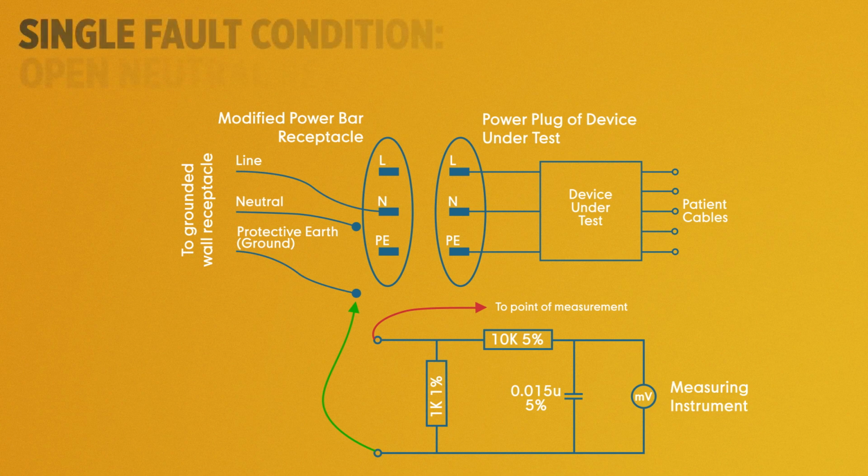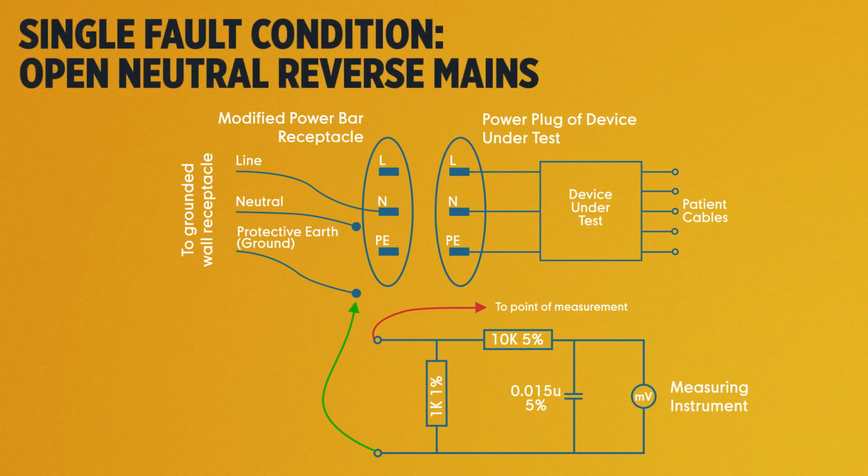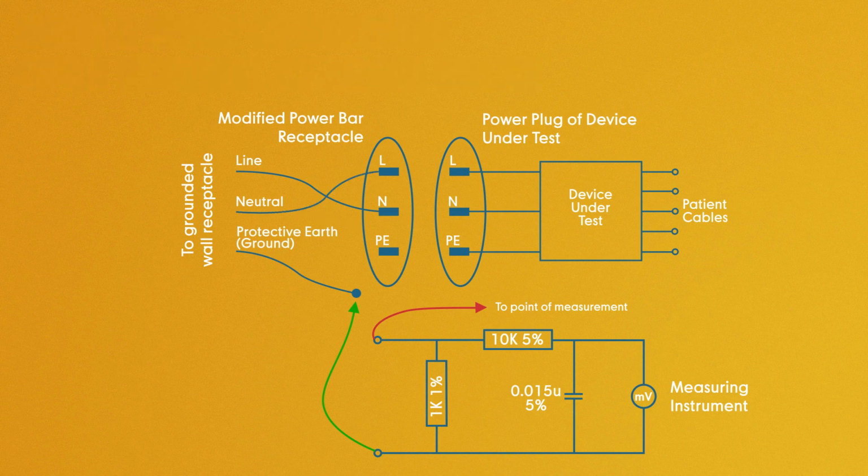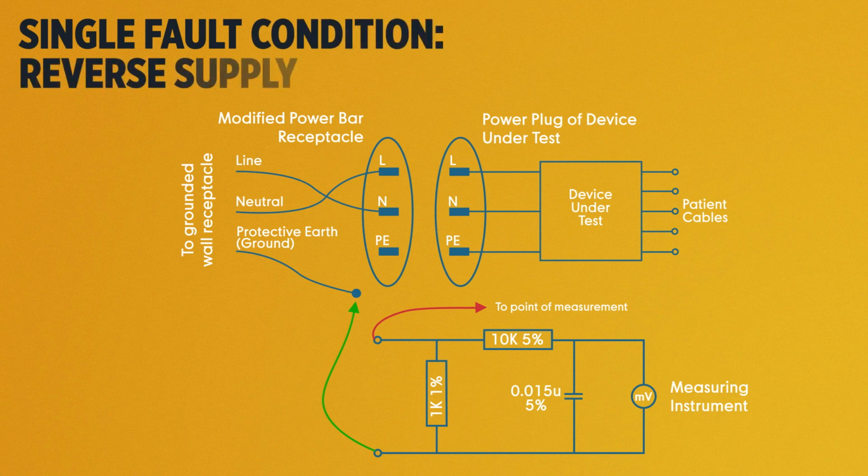The next outlet is the open neutral reversed mains. For this, you will disconnect the neutral wire and tape it out of the way as you did for the previous outlet. Then, you will disconnect the live wire and reconnect it to the neutral prong. This will reverse the polarity with the ground still intact. The next outlet is the reverse supply condition. For this, you will modify the connection for neutral and live by pulling out both cables and then exchanging or